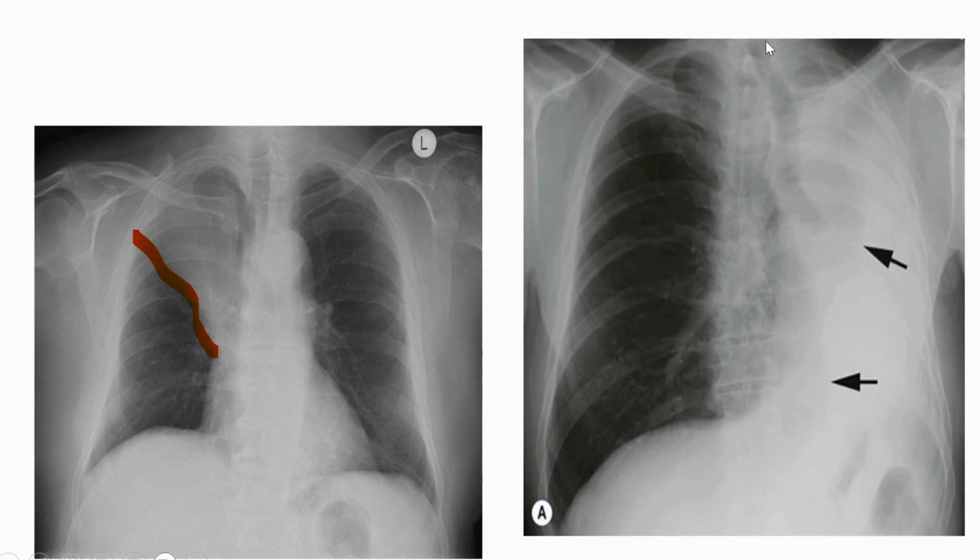In the second image, we can see that the trachea is shifted completely to the left side and the left hemithorax appears white out, completely bright or radio opaque. This is the left main bronchus, this one is the right main bronchus, and the heart is also shifted to the left side, with a compensatory hyperinflated lung field. We can visualize the hyperinflated right lung field in this image. This suggests collapse of the whole left lung with compensatory hyperinflated right lung.